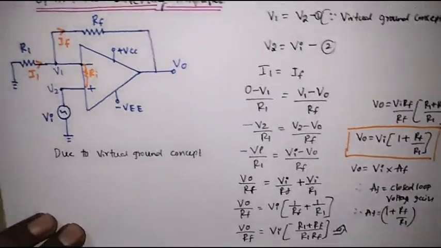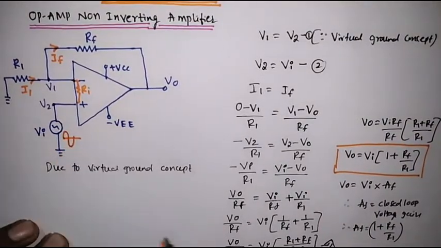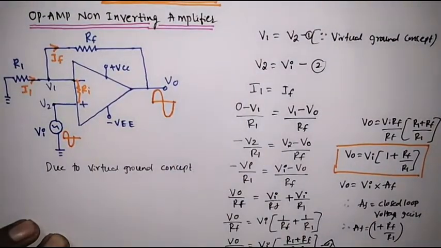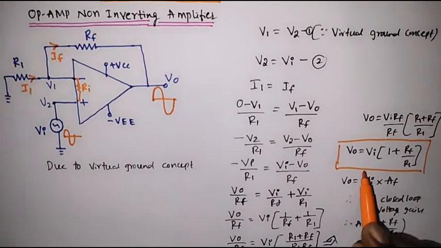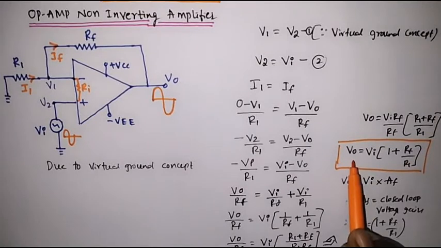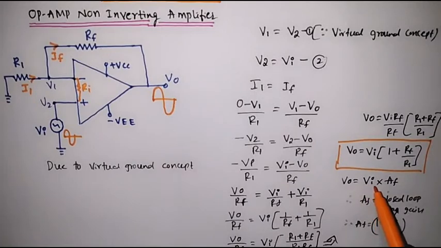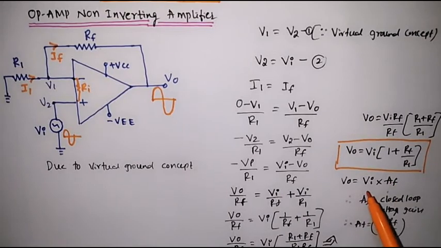Therefore in a non-inverting amplifier, suppose if we give the input like this, it produces the output which is in the same phase but is an amplified version. Thus this is the derivation for the output expression in case of a non-inverting amplifier, that is, output voltage is equal to gain AF times the input voltage Vi. Because of this gain factor, the output voltage is an amplified version of the input voltage, and here the closed loop voltage gain is AF, which is equal to 1 plus RF by R1.